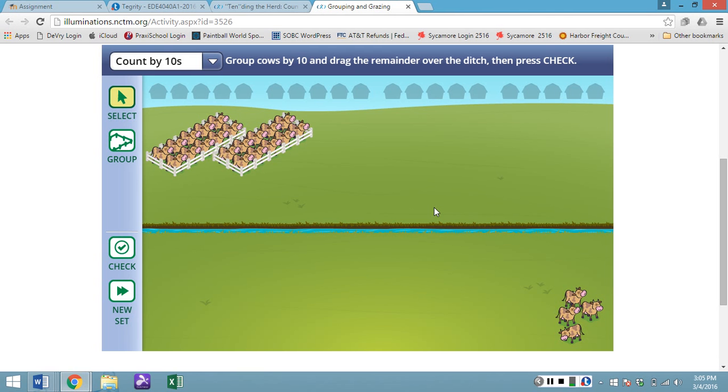It is easy to determine how many times a student has played this game by noticing how many barns are red at the top of the screen. For ESOL students, students with special learning needs, or if a student is struggling with this concept, once they have grouped and moved all the cows over the river and hit check,